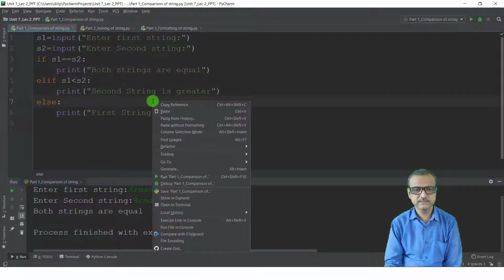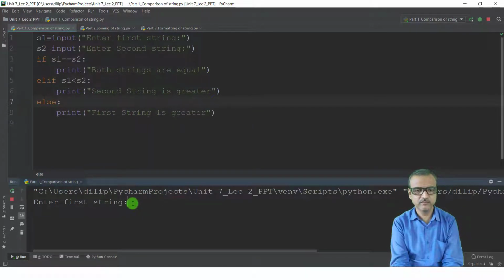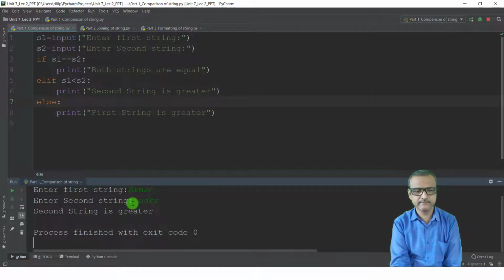If I run this program once again, enter first string, say Arman, enter second string, say Lucky. So what will be the output in this case?